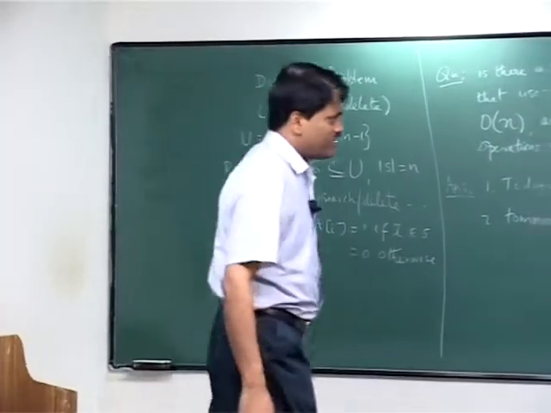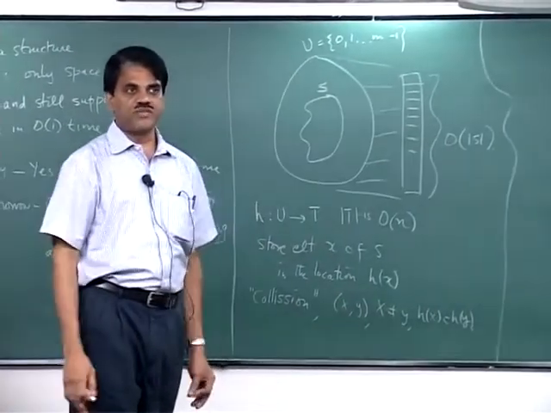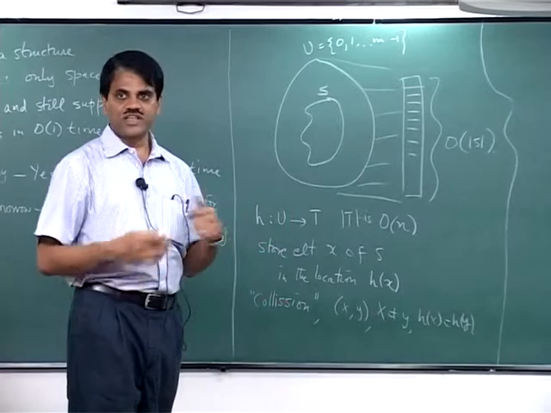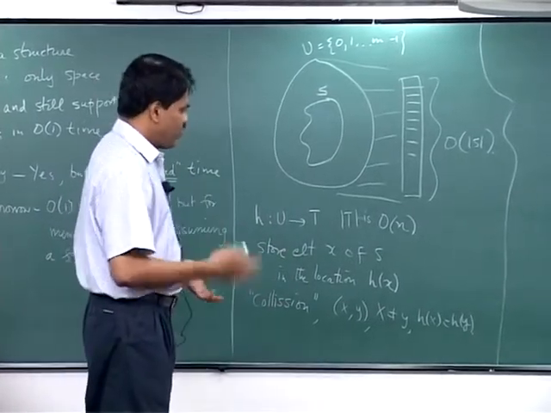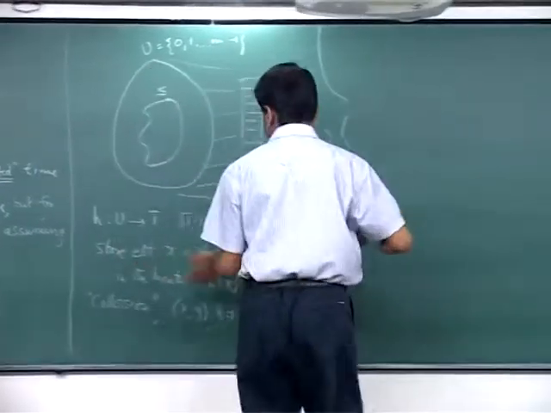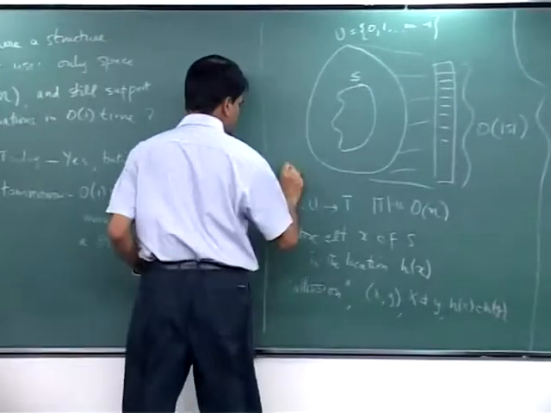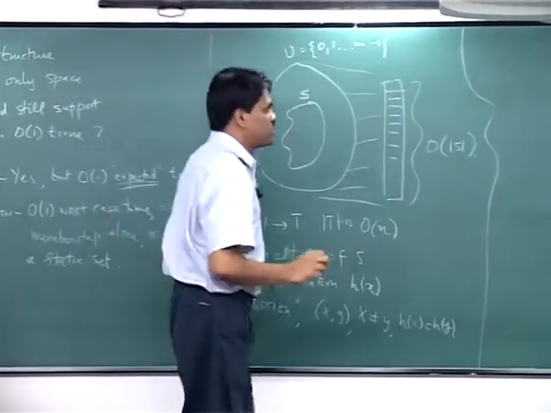Okay, so we live with the fact that we are taking a large domain and mapping it to a smaller size table, so there will be collisions. So first let's figure out how to deal with collisions. There are multiple ways of dealing with collisions. These functions are called hash functions. So, dealing with collisions,